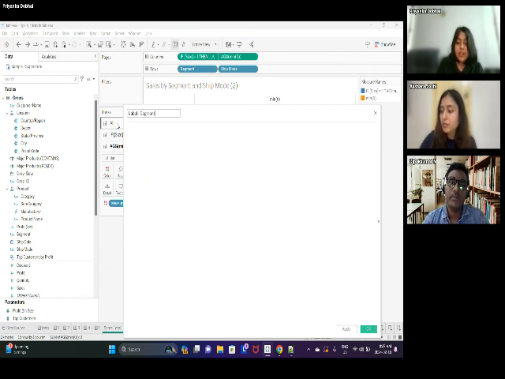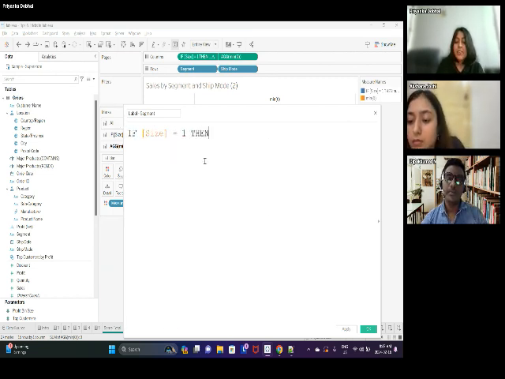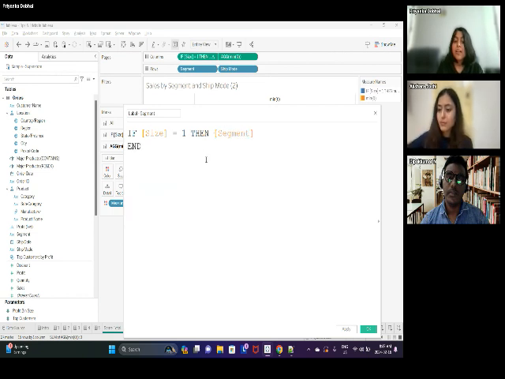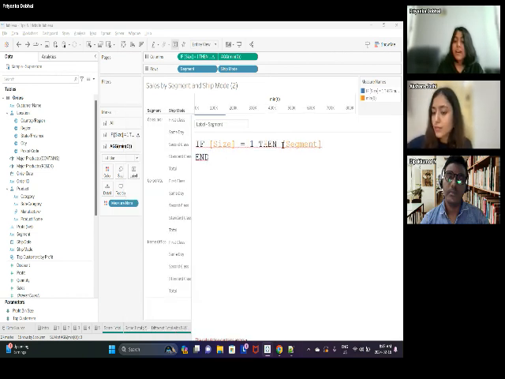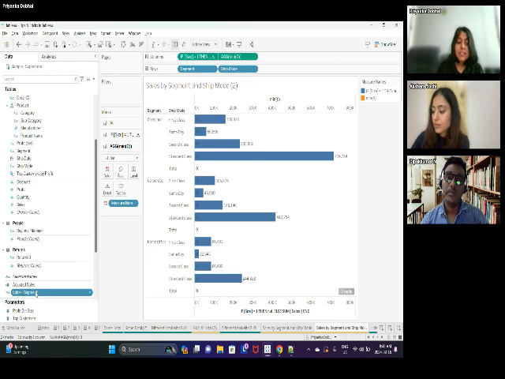and this would be the same function again. So the logic, if you see, is remaining the same because we have to use the same total, and we would say that if the size is 1, then it's basically my segment. That is the first part, and again this is giving me an error because table calculations are aggregate expressions, so I have to add a minimum or a maximum in front of this just to make it work. So once I got this, I can basically put this on my label.